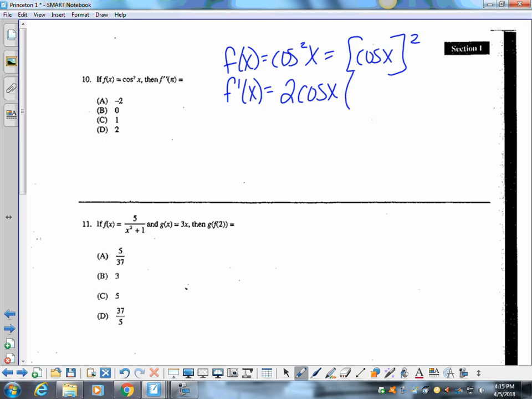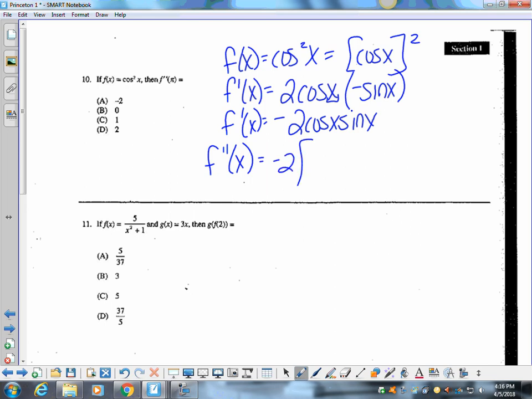Okay, so the first derivative is going to be 2 cosine x to the 1, then times the derivative of the inside. The derivative of cosine is a negative sine. Then technically the derivative of the x, but that's just going to be a 1, so I'm not even going to write it. And then I'm just going to clean that up. Okay. So that is my first derivative. My second derivative,